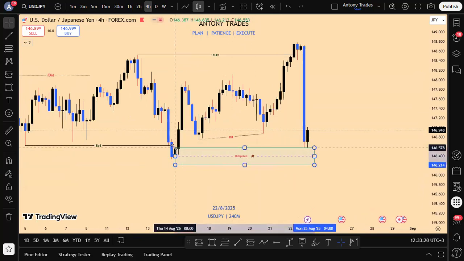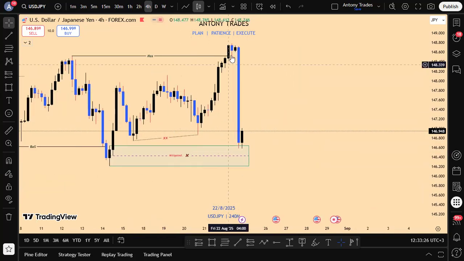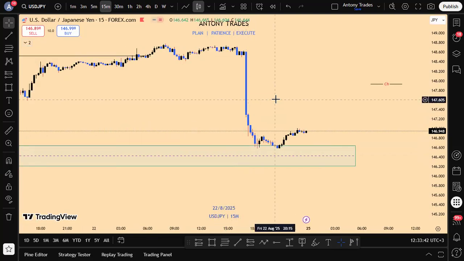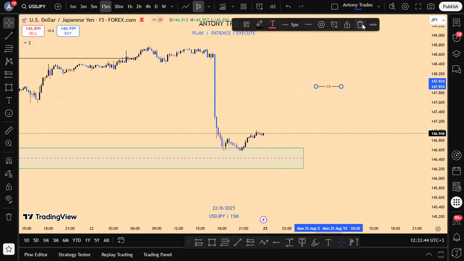Then this one, I had marked this one as my demand zone. So that becomes my demand zone. And you can see on Friday, we had a very strong news. You can see market traded to this order block, and you can see here we are having reaction from there. But am I going to take an aggressive entry? No, not really. So now we push down to the 15 minutes time frame and wait for the confirmation from